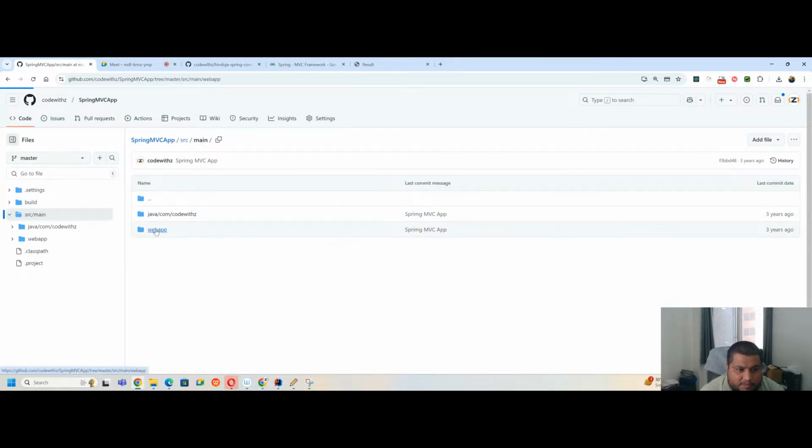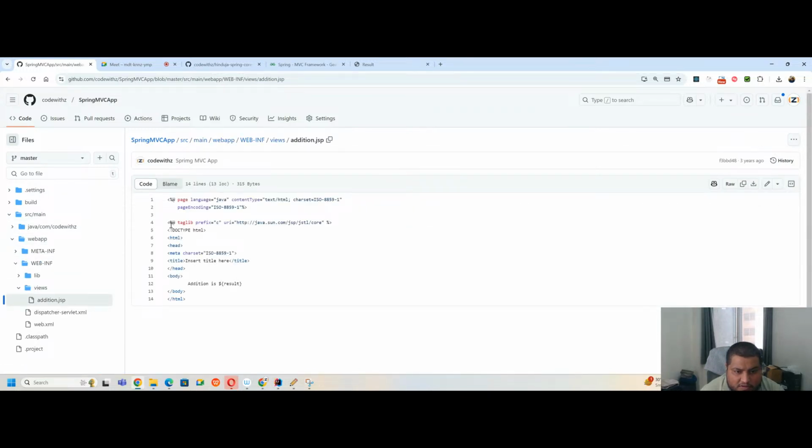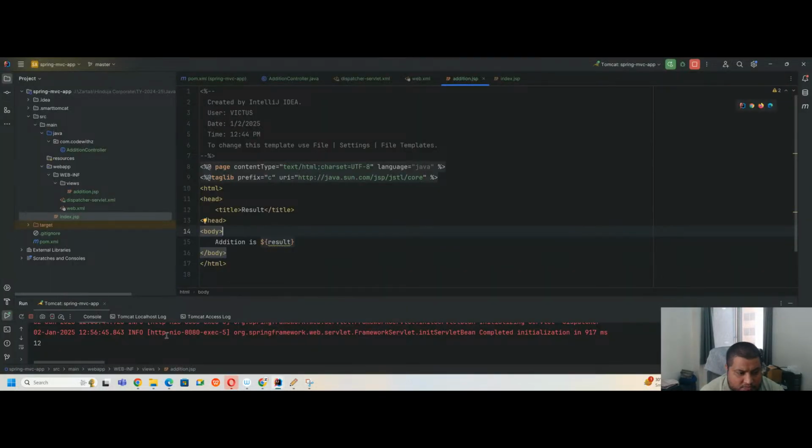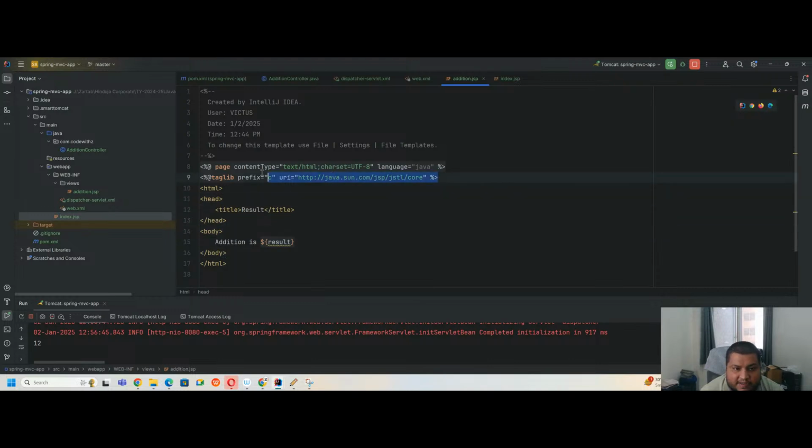Main webapp, WEB-INF, views, addition. This is what I have done, right? See, the answer is coming up here. The 12 answer is coming up here. I think